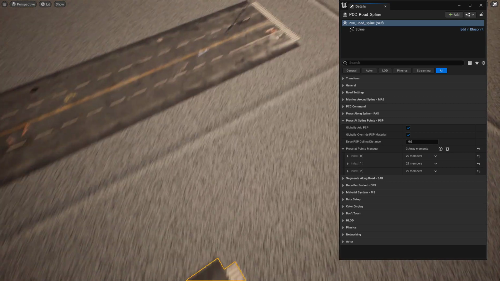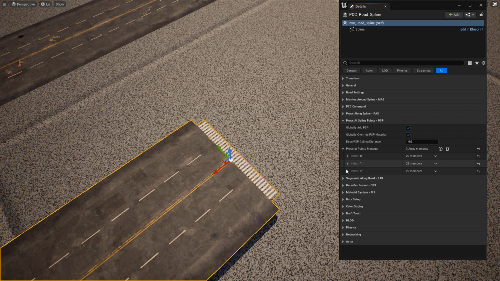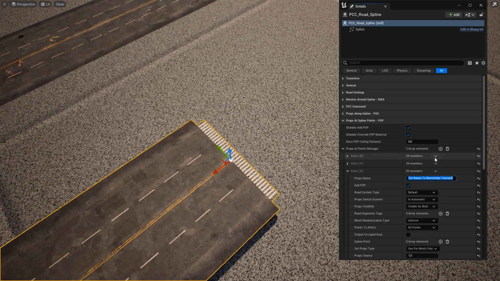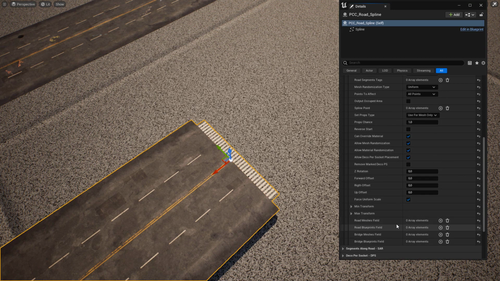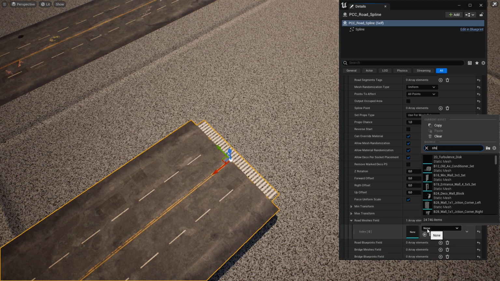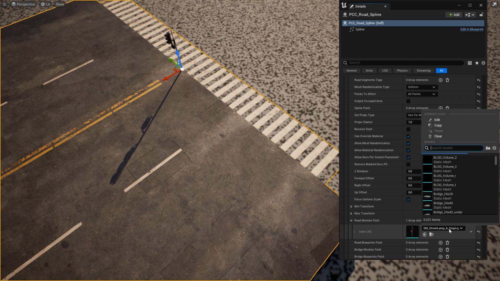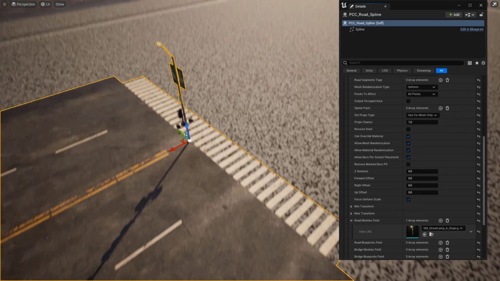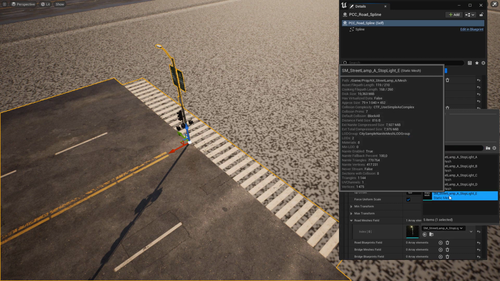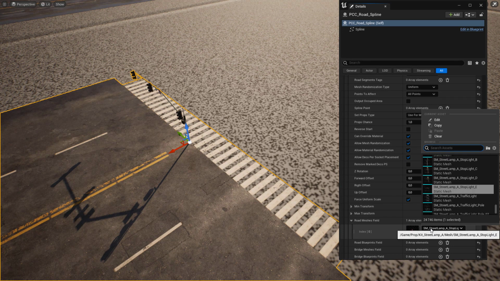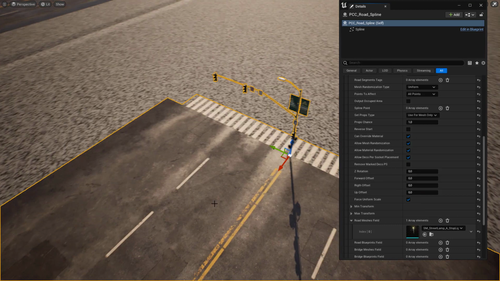Now we can add some traffic lights. Set the name to traffic light at left or right. Let's start with right, and come to the road mesh field and search for stoplight. Use B for example. Oh no, set to A, not this one too. Yeah, let's use this one. Okay, I think I will use this one,